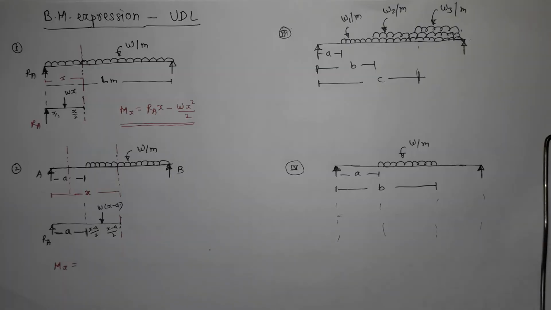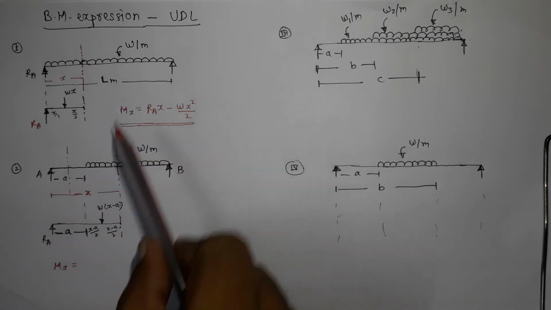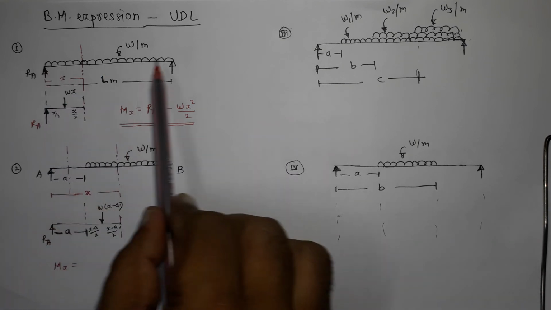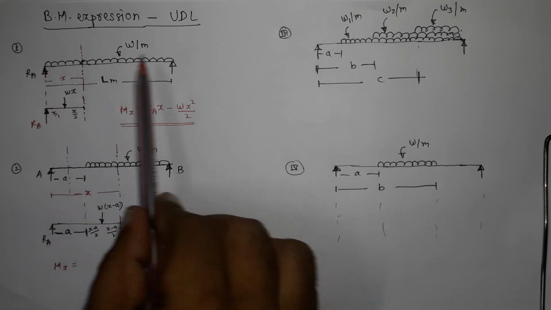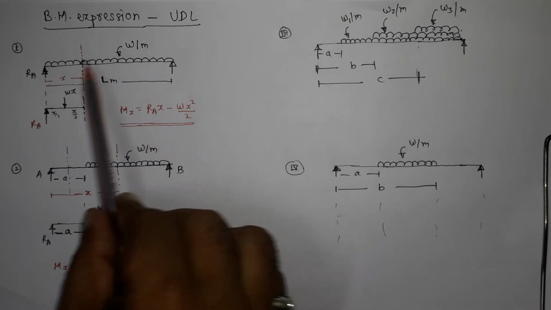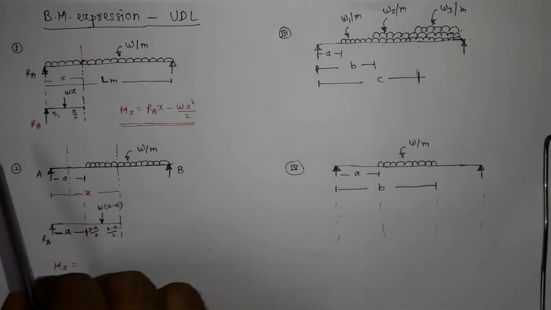In Macaulay's method, what is important is to write the bending moment expression. Previously, we have seen how to write the bending moment expression when point loads are acting. Let us see how to write the bending moment expression for a given beam when UDL is acting on that beam. Here I have considered 4 different cases of UDL. Now let us go with this UDL. The beam is a simply supported beam, span is L meter, and let a UDL of W per meter be running over the entire span of this beam.